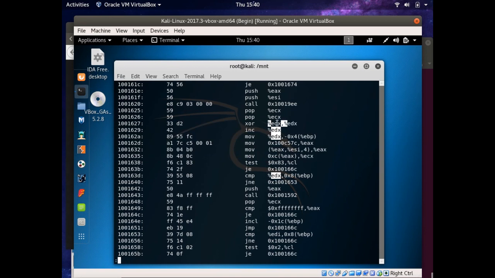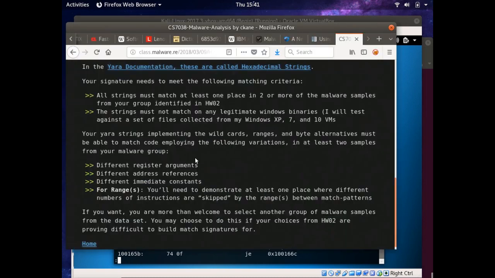This register EDX was chosen just because it's a good general purpose register. It's entirely possible that if I was to copy this code and paste it somewhere else, the compiler may choose a different register than EDX, which would change this byte value here, and this byte value here, and this byte value here. So if you look up these instructions, the move, increment, and XOR, on one of the references, one of the resources that's available over here,